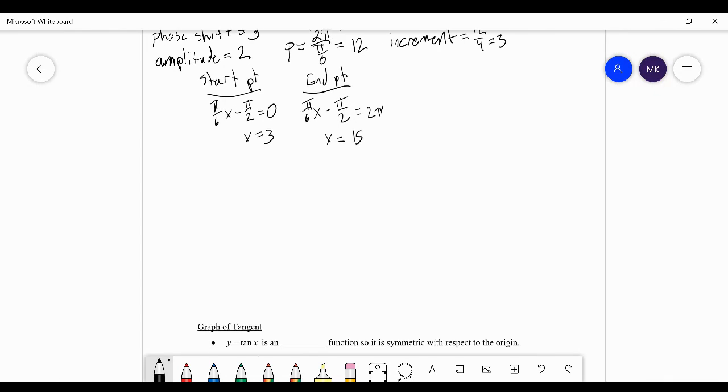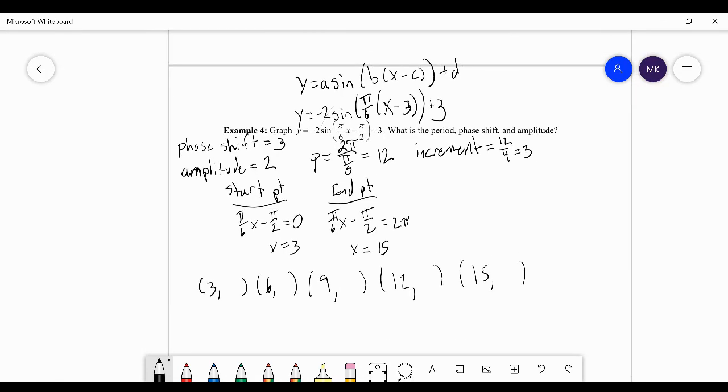Now, let's get our pieces. We know our increment is 3. We start at 3 and end at 15. So we're going to go 3 something, 6 something, 9 something, 12 something, and 15 something. Now, it's going to be really tempting on something like this to jump in with zeros and ones and stuff like that. But,